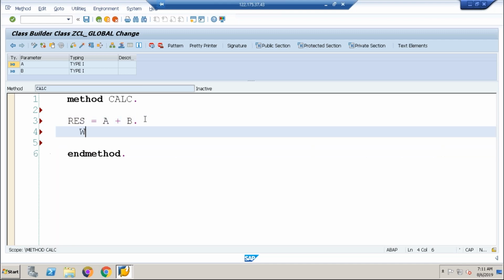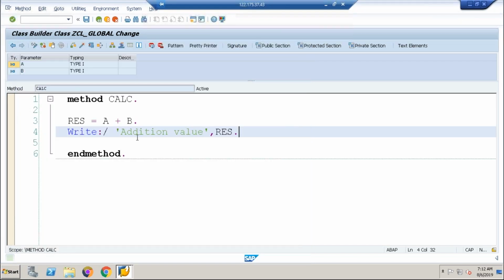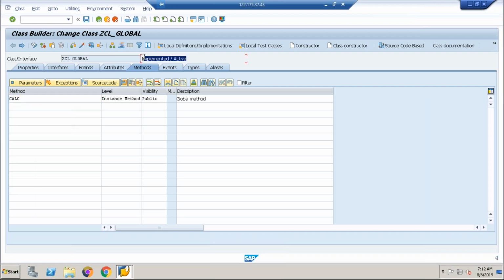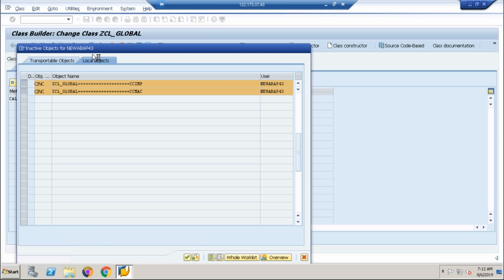Simply write the addition value into result. Activate. Select pretty printer and you can activate it. Done. Go back one time with F3. The class is still inactive, so activate the class.